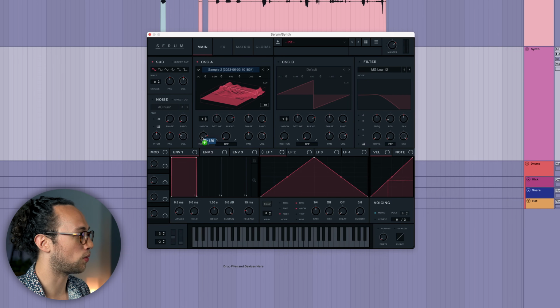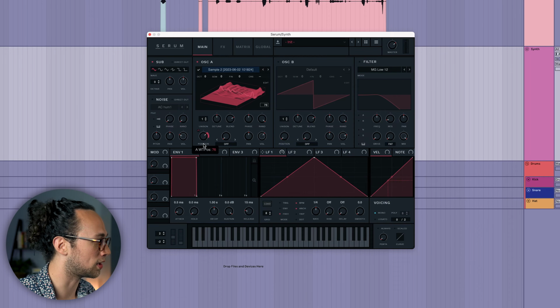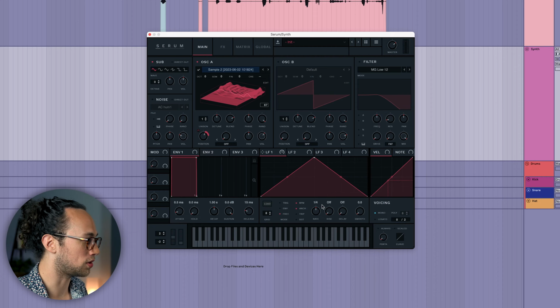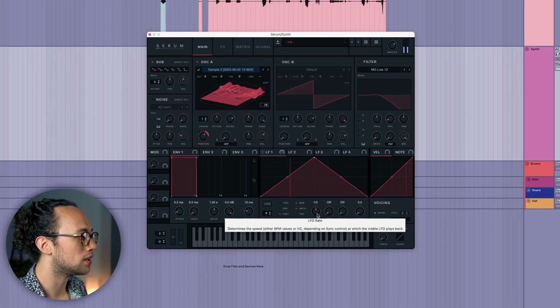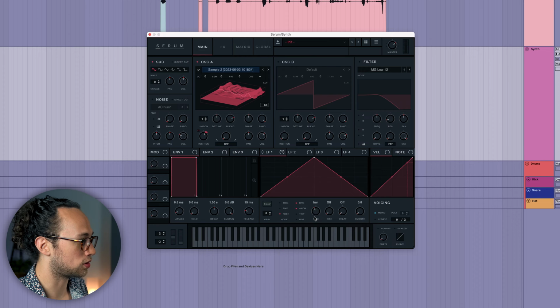I'm just gonna drag LFO 1 to our wavetable position here, and watch what happens now when I hold a note down. If we slow it down to like, say, a bar,